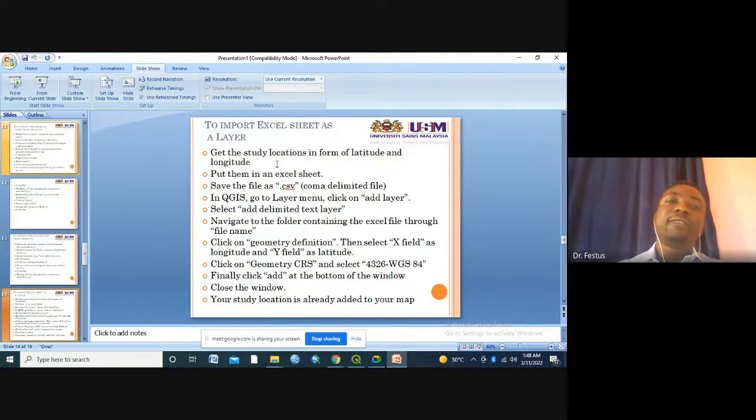Now here we have to be very careful because sometimes if you don't use a real GPS device, maybe you're using your phone, the accuracy of the location might not be what the value you're getting might not be that accurate. So that will affect the exact location that you want to put on your map. So the best thing to do is to use a GPS device, but not the phone. And then, if you get a GPS device, just know how to operate it and then get your latitude and longitude,